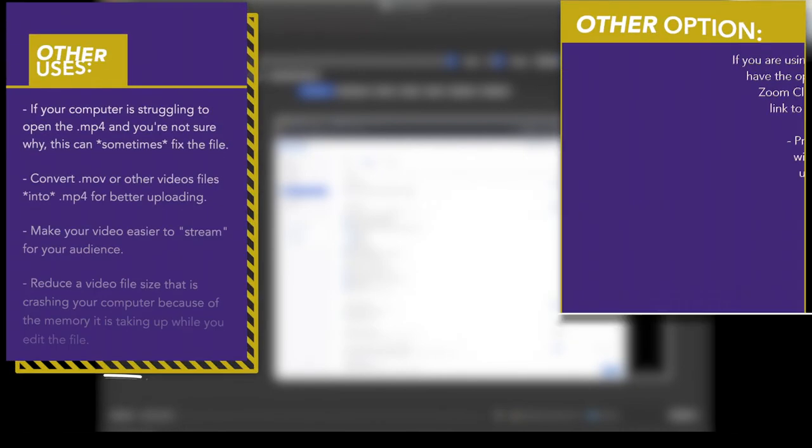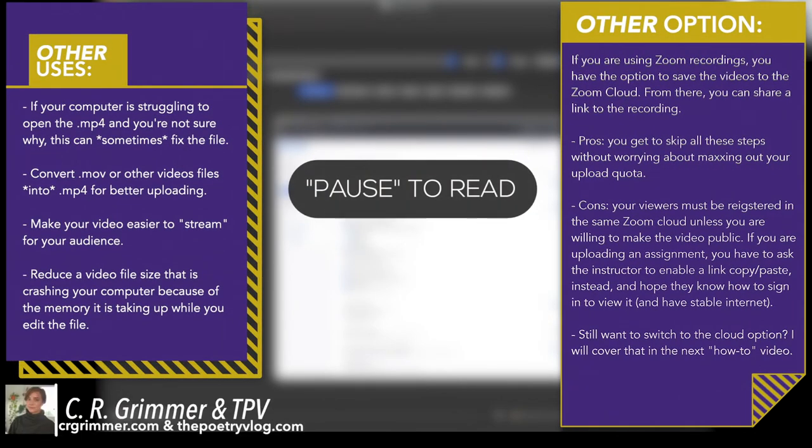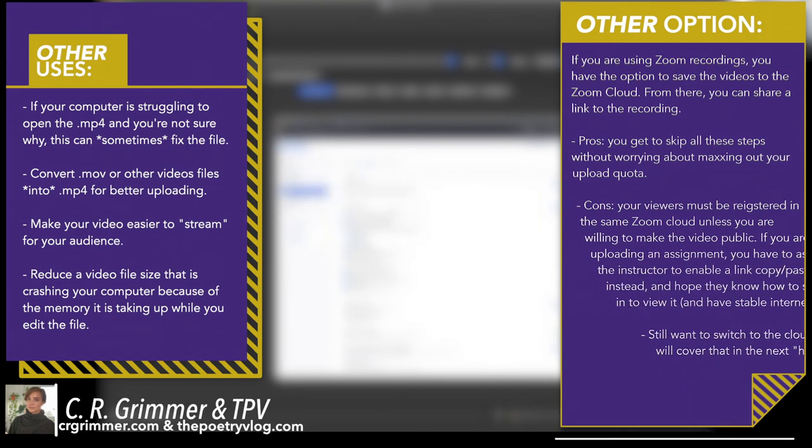This is also important if the type of video file saved was not a .mp4, but was something like a .mov or M4a or something else. You want it to be .mp4 for most contexts. So there you have it.